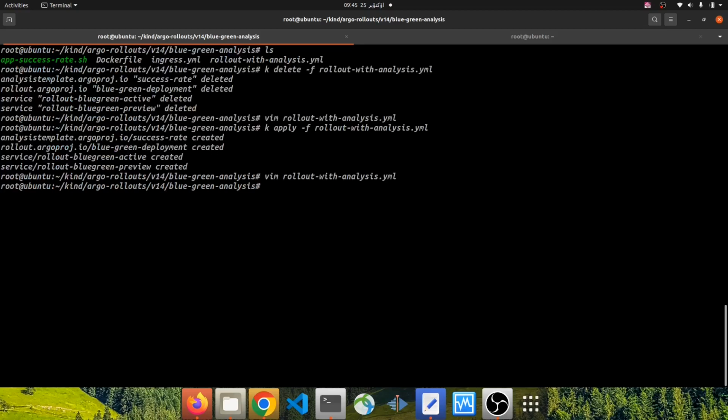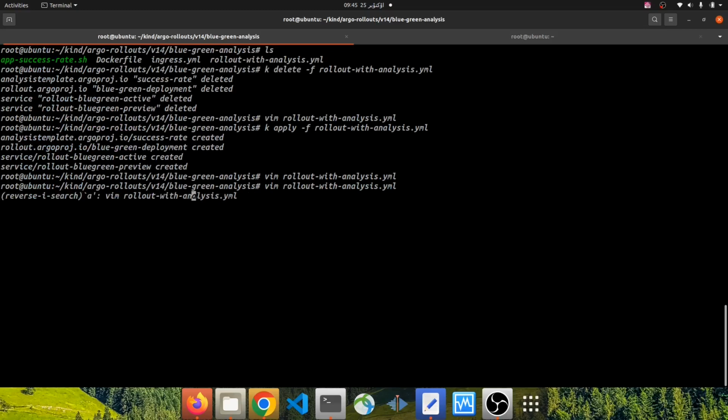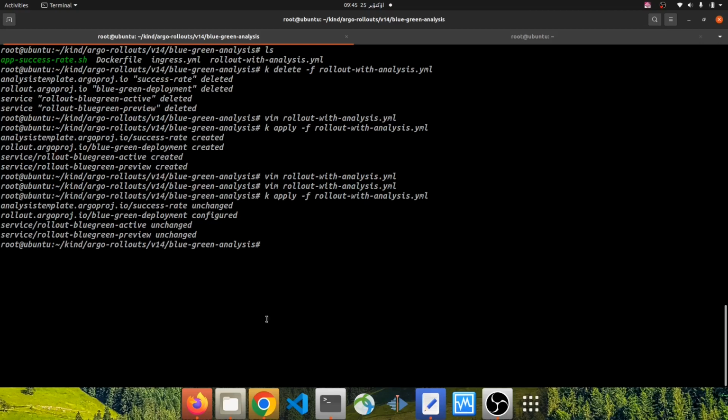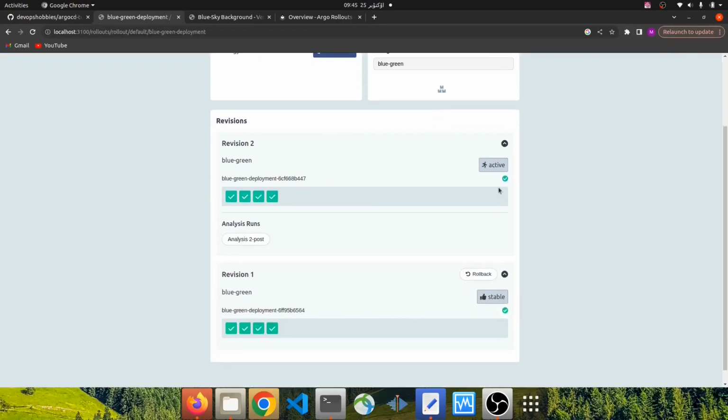Okay, let's change the value from app-v1 to app-v2.html and apply the file. The active service points to revision 2, but revision 1 is the stable version until the final status of this